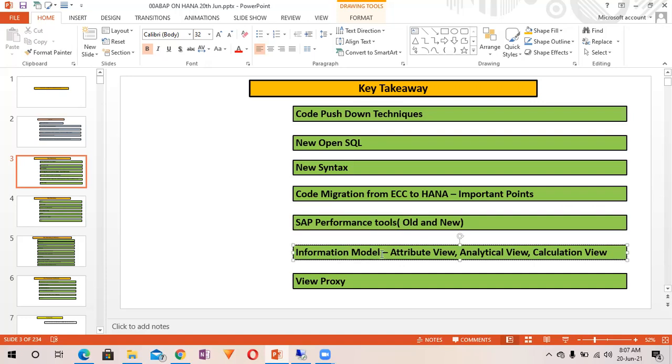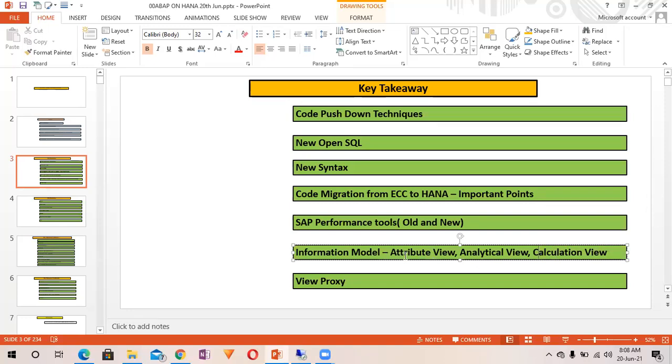Also, not a live focus but some focus will be on the information model, because the information model is one of the code pushdown techniques which was getting popularity in early 2015, but nowadays it does not have that much impact or popularity because of CDS and others, as it does not give you flexible business logic.